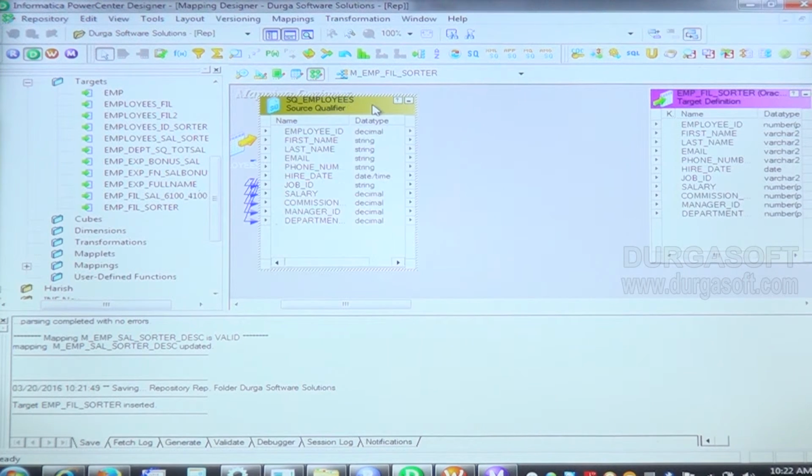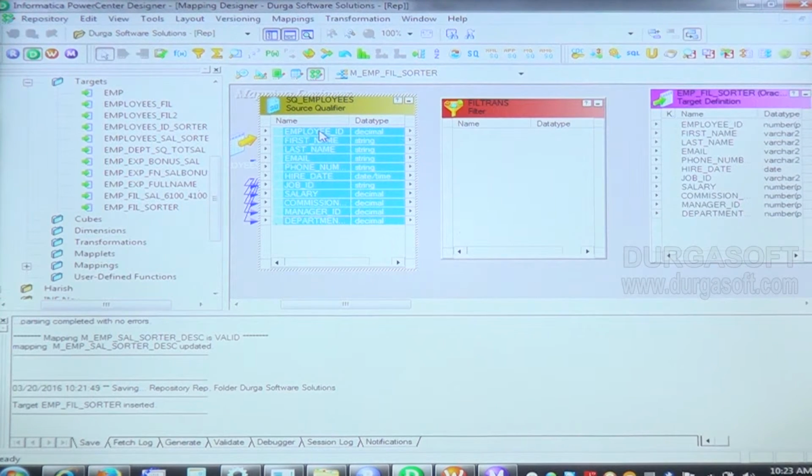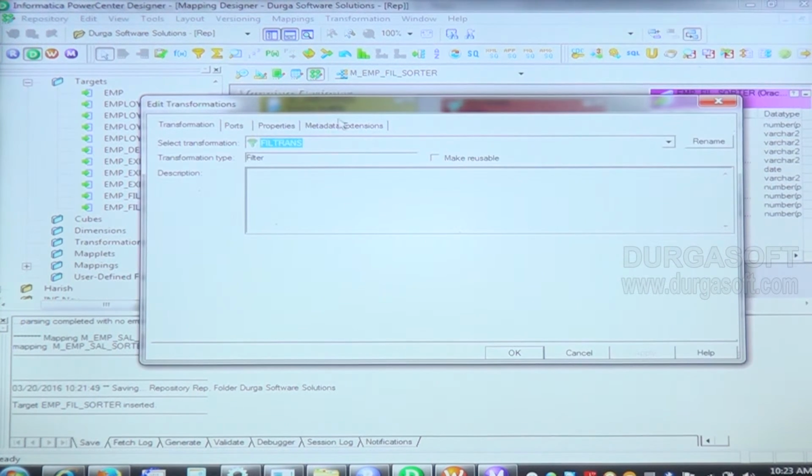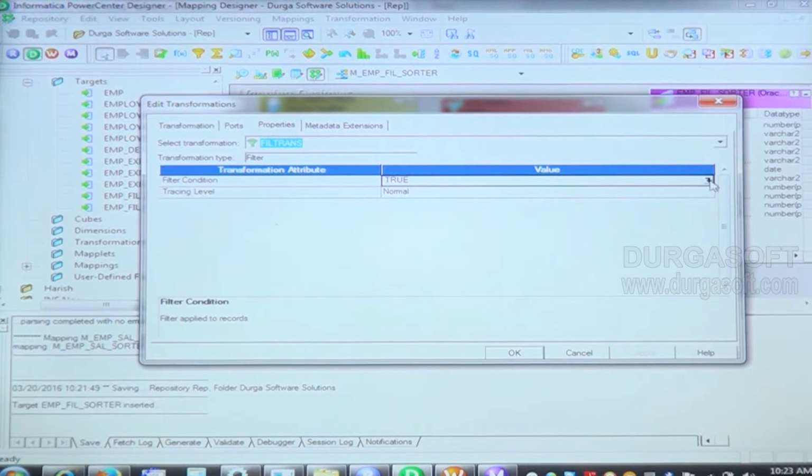Now here first we need to use filter transformation, so I'm using filter transformation here. In this filter transformation I want to pull all the employees whom I want to add to my filter. Once it is done, I am going to properties, applying a filter,